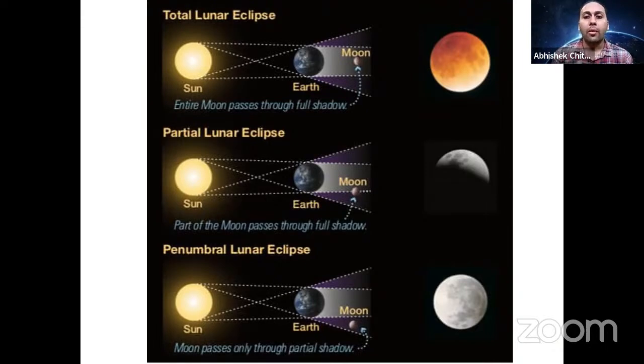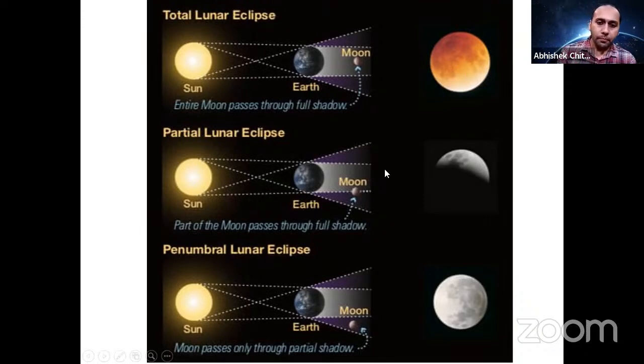You will see red color because of scattering of light due to Earth's atmosphere. I repeat, whenever sunlight passes through the atmosphere of Earth and goes ahead towards the moon, the light gets scattered, or you can say light spreads into 7 different colors, and red color is prominent in the darker region, the umbra region. Hence we will see that red light is reflecting from the moon, and